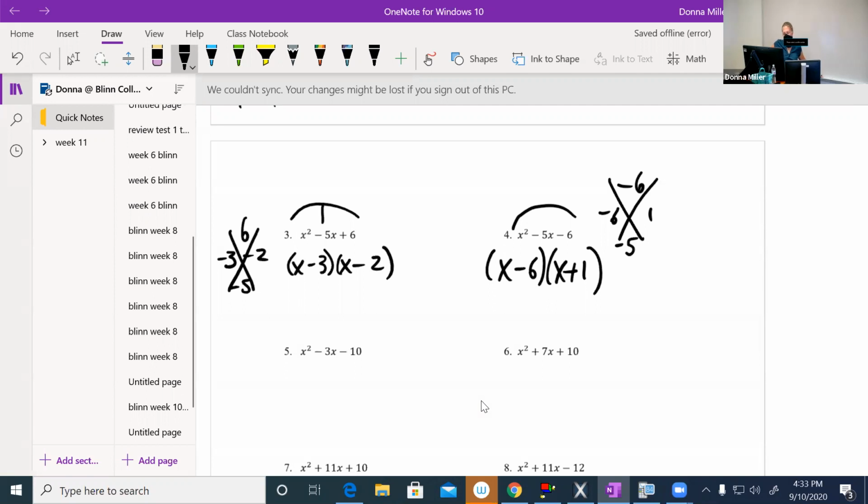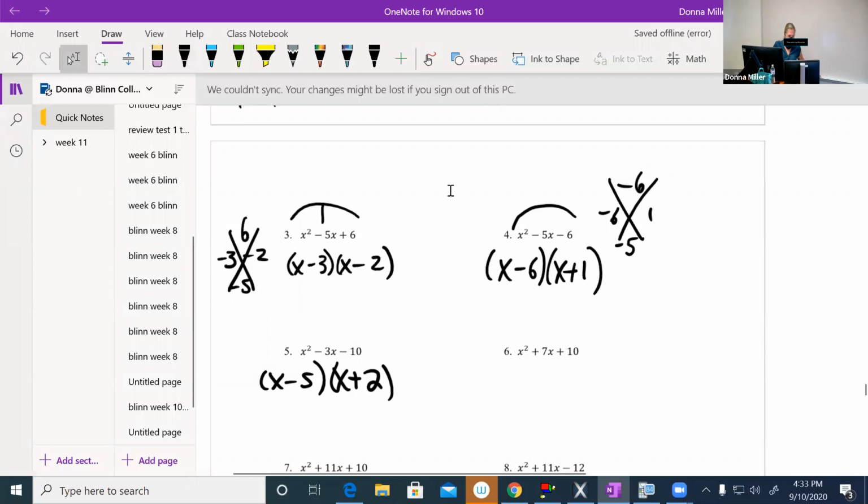Okay. Who wants to tell me what they got? Negative 5 and 2. Okay, good. All right, so there's the thing. x minus 5, x plus 2, because negative 5 and 2 is negative 3. Now, if you have trouble finding factors, these are pretty low numbers, but if you have trouble finding factors, use